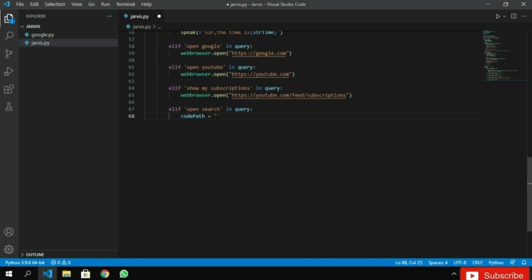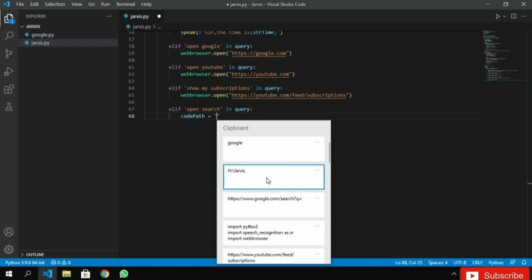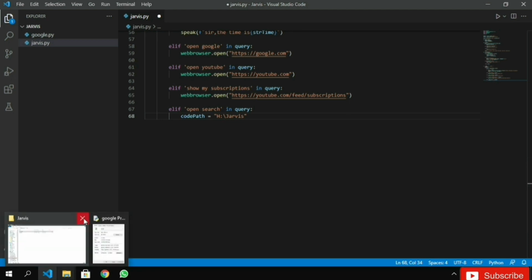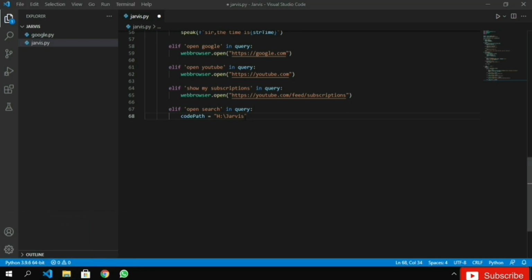Now type /google.py. Now click on enter and type